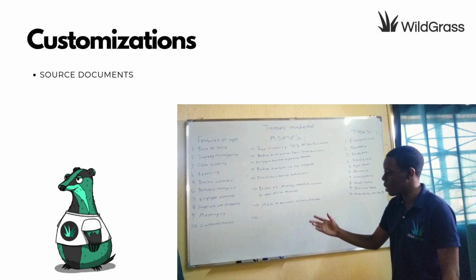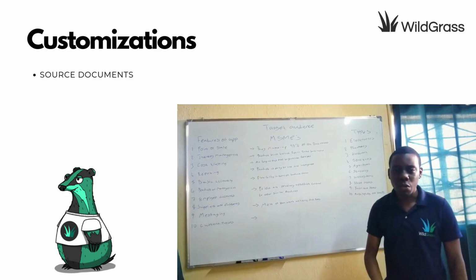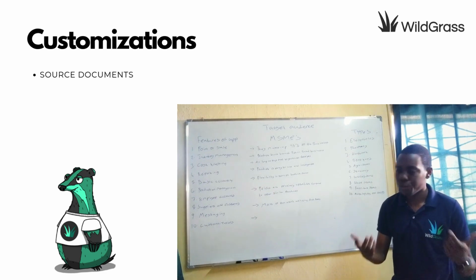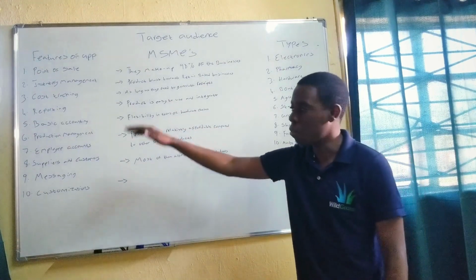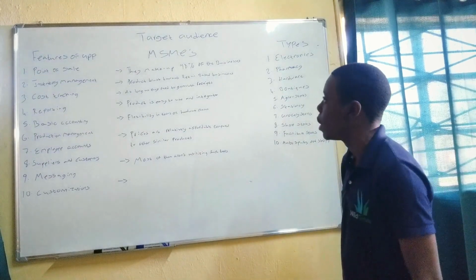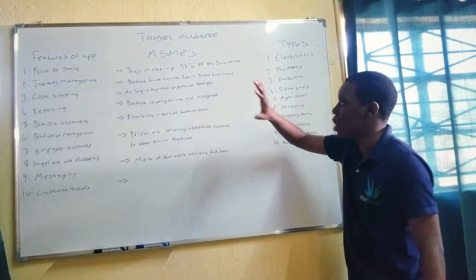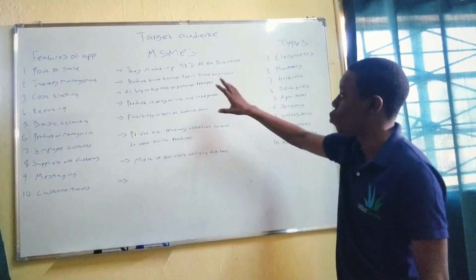Finally, we've got customizations. So this allows for customizations to be made to source documents, invoices, quotations, receipts, that sort of thing. Okay, so that's a brief run-through of the features of the application, an overview of what to expect from WildGrass. Next, we go into our target audience, which is the MSMEs, and the reasons why we selected